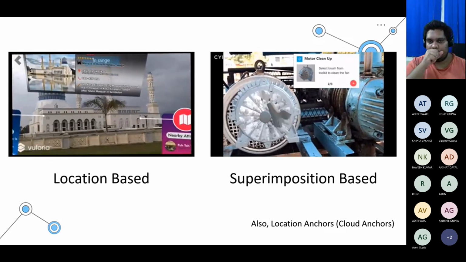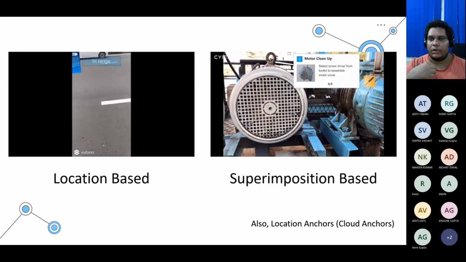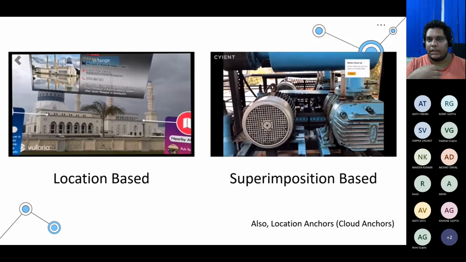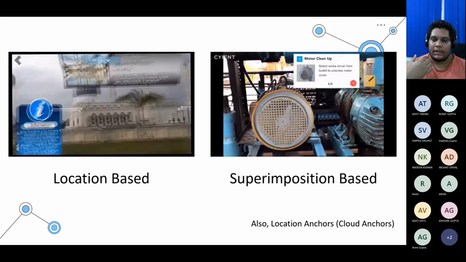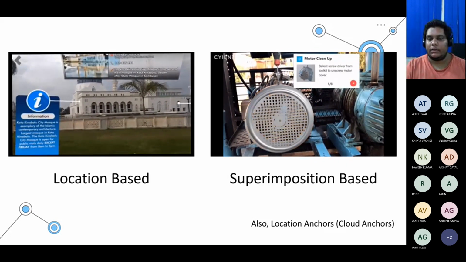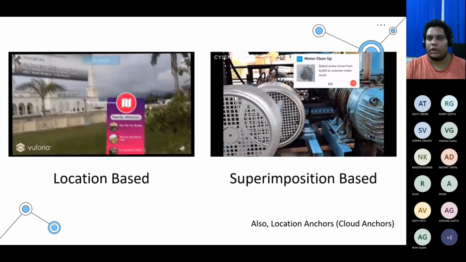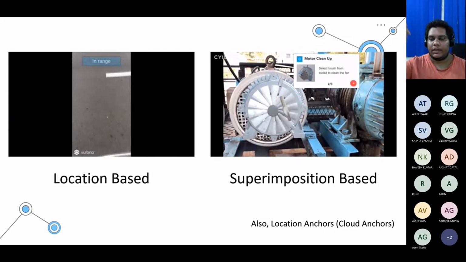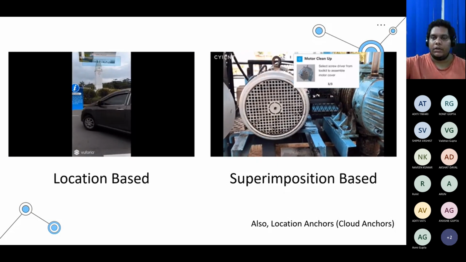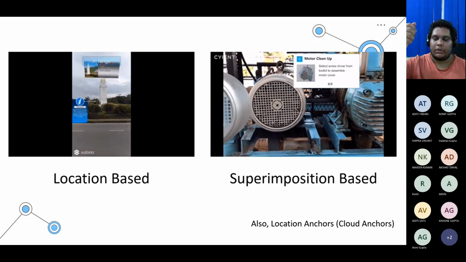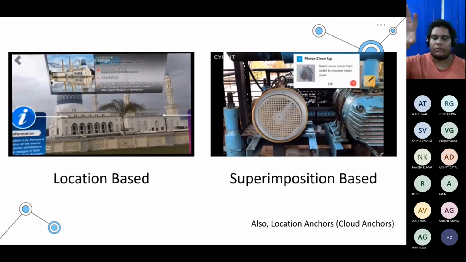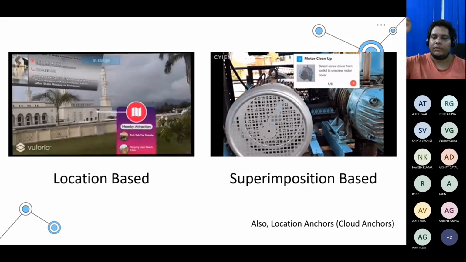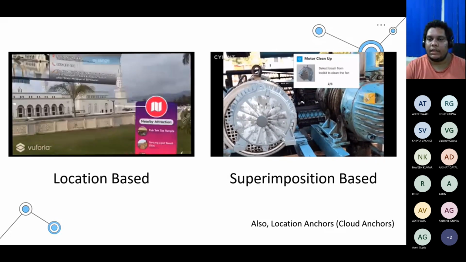Let's say I want to install an AC, and to help the person who has to install it, I create an AR application. If he uses his phone and puts it on the AC, it will superimpose a virtual AC on top of it and show instructions: first step is this, second step is this, third step is this.